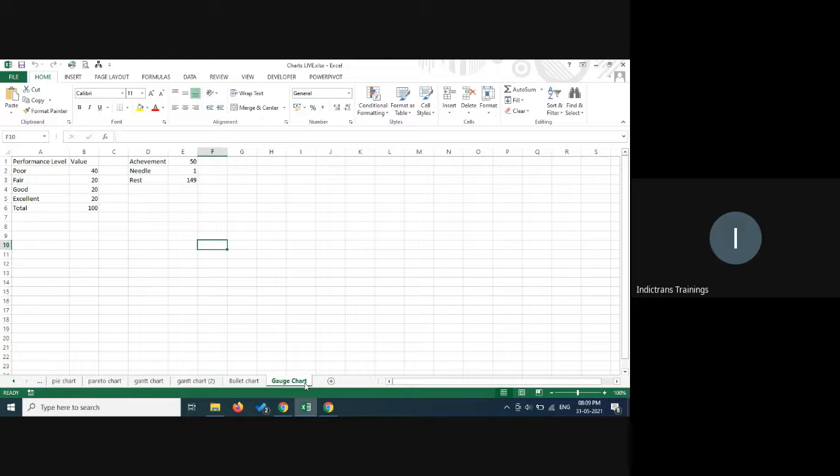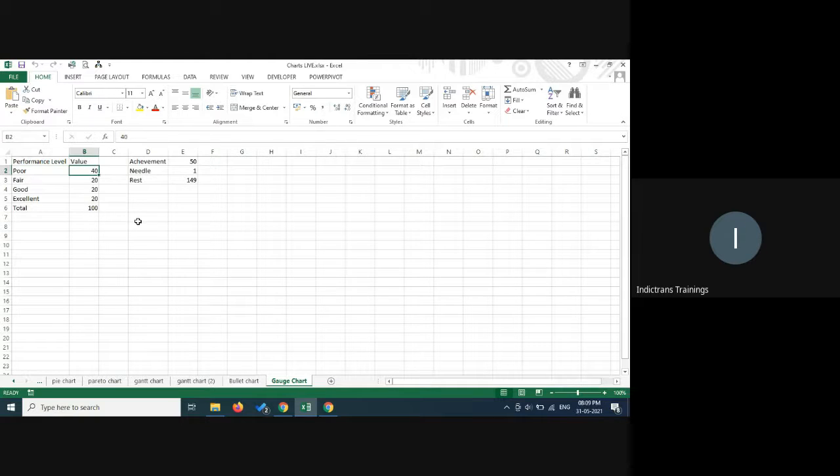Again, it is perhaps also easier to do. But let us start with gauge chart. We're all fresh, so let us start with that. I suggest you follow me as I go along, because otherwise you may get lost quickly. So you would have this data already in place. Now this may not be the form of data which you would get. This is what we prepared only for the chart.